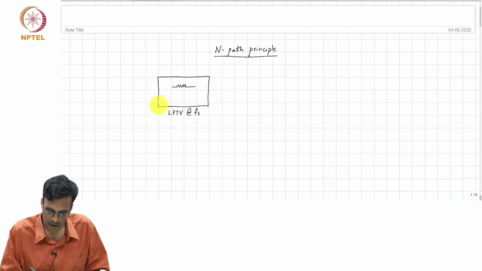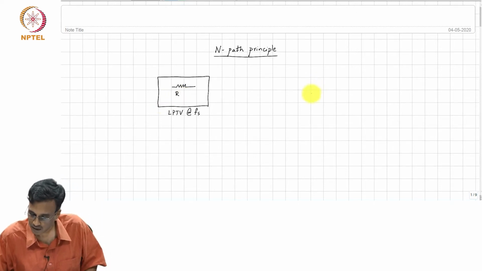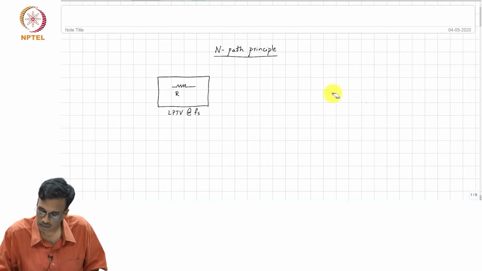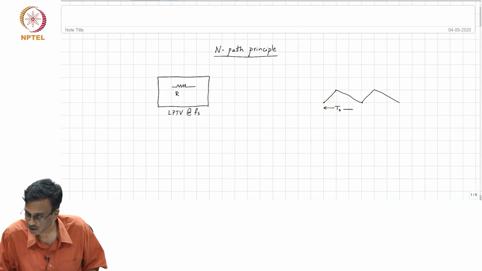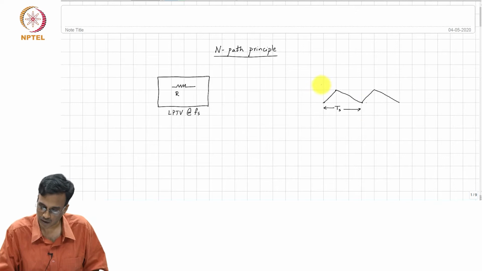And let us assume that this R of t is varying in some fashion, say like this. And this, of course, is Ts, right. So, this is R of t,